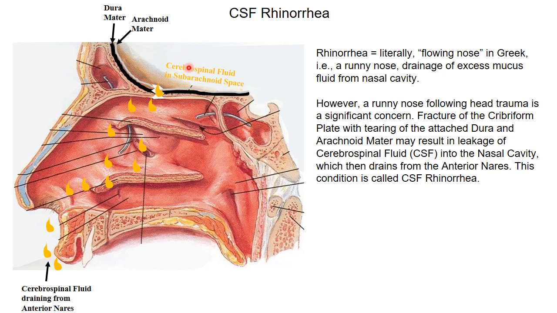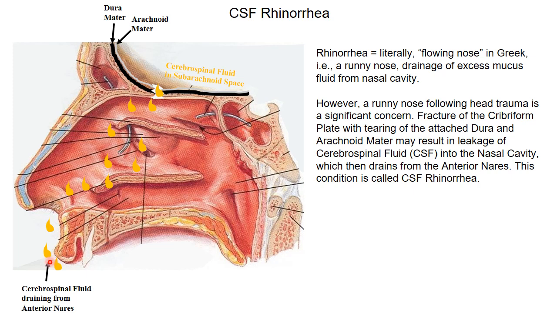And this is the anterior cranial fossa right there. That would make this the subarachnoid space right there. The frontal lobe of the brain and pia mater would be right about here. So the subarachnoid space right here. And if we were to suffer some kind of injury right here that would fracture this bone and tear the dura mater and arachnoid mater, we now have an open communication through those meninges and the bone right into our nasal cavity. And so cerebrospinal fluid can actually leak through this cribriform plate right down here